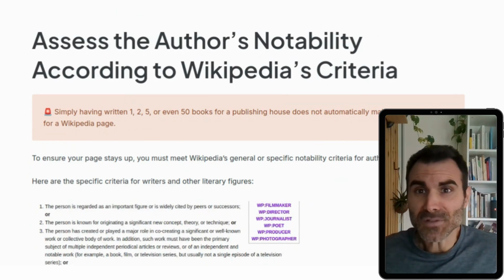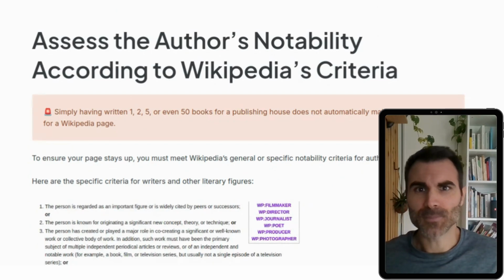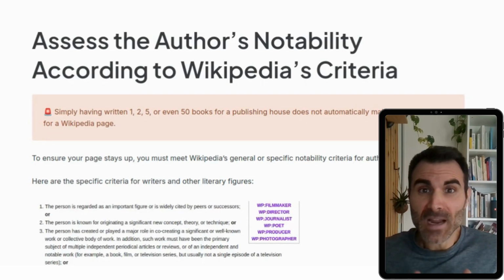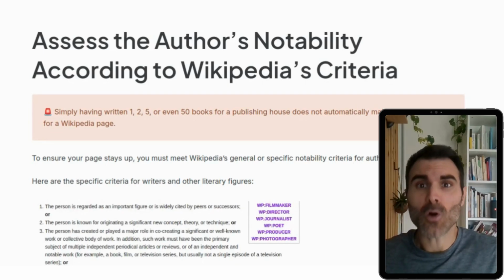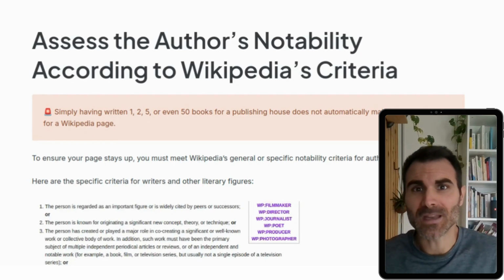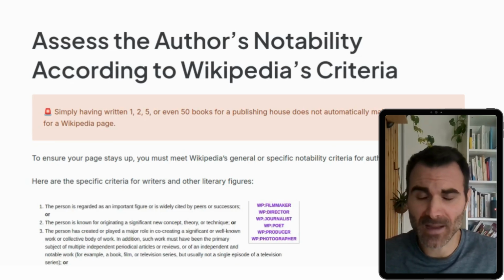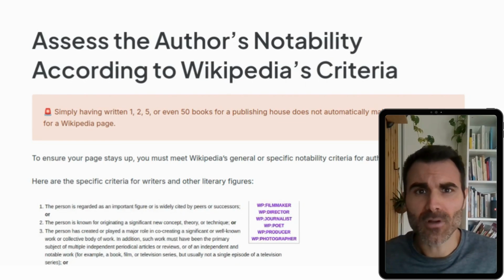First, if there is a detailed entry about them in a respected reference work like the Britannica Encyclopedia, that's a solid start. Second, if there is an academic paper, thesis, or dissertation focused on their work, something published by researchers in a recognized field, say humanities or social sciences, then this also helps validate their notability. Third, at least two of the author's works should have received substantial reviews in national media outlets.